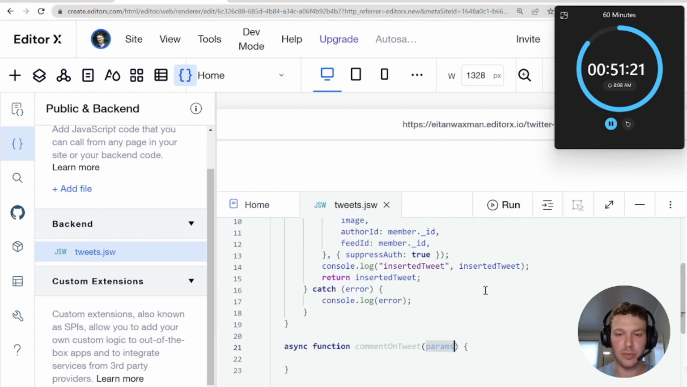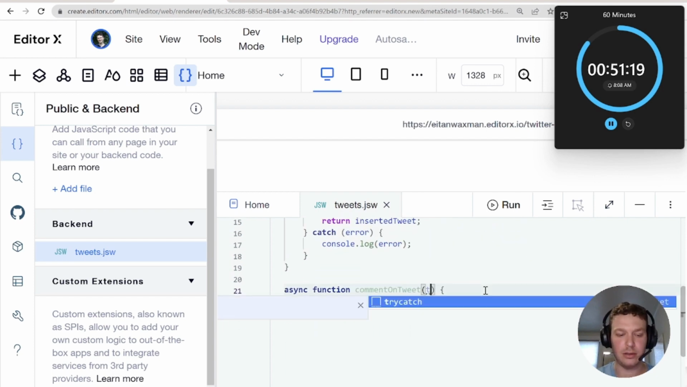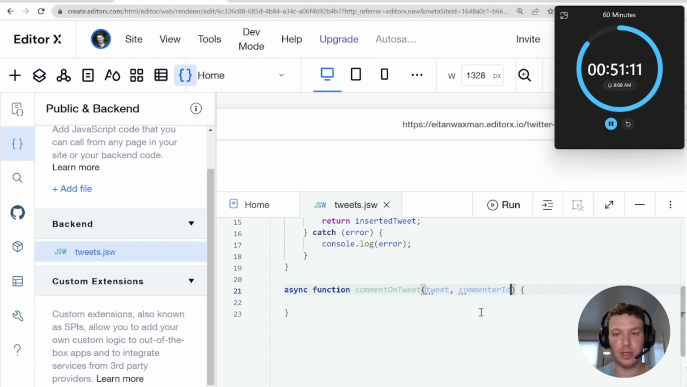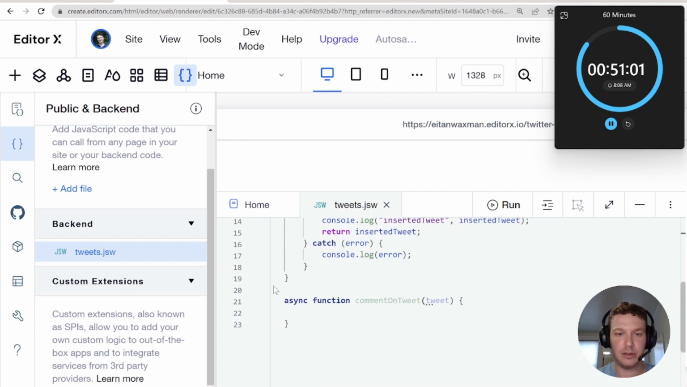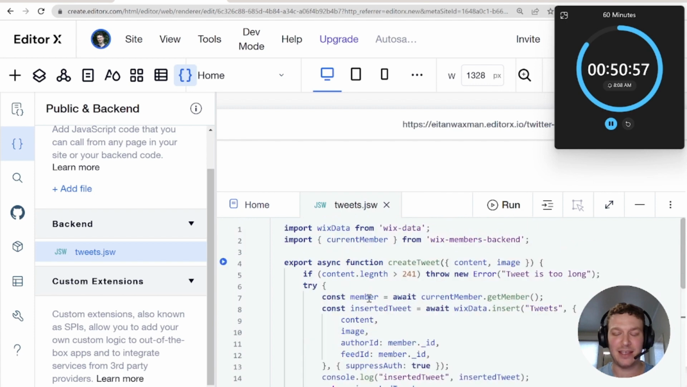And here we're going to pass in the tweet. We'll pass in the commenter ID. Should I pass in the commenter ID? No, I don't even need that. We're just going to pass in the tweet, and we're going to get the member in the same way that we got the member here. These functions are going to need to be exported. Oh man, already 10 minutes. Exported, and